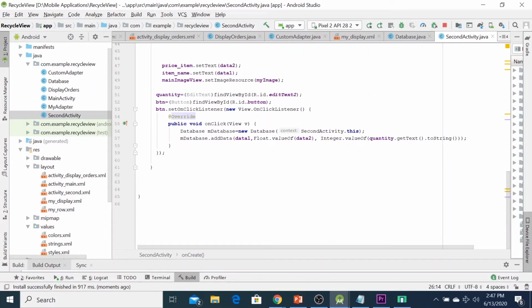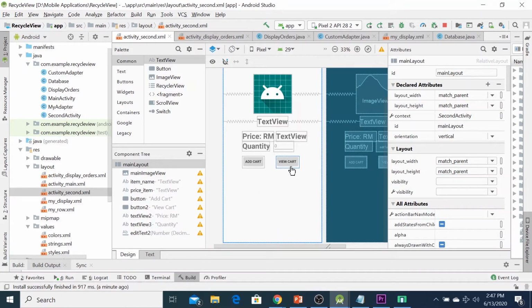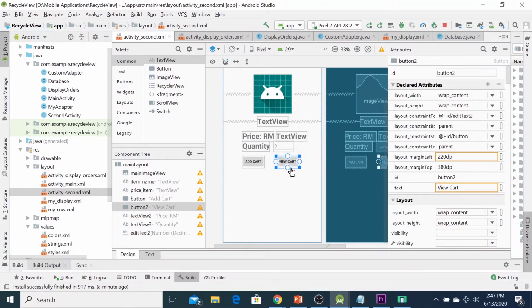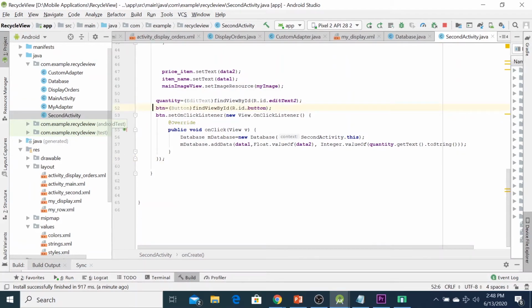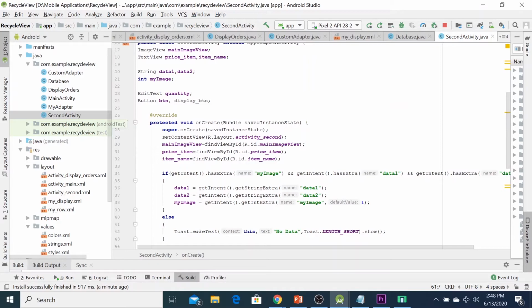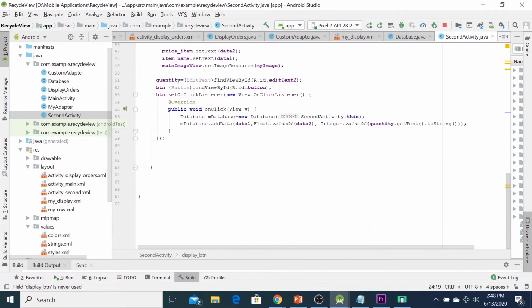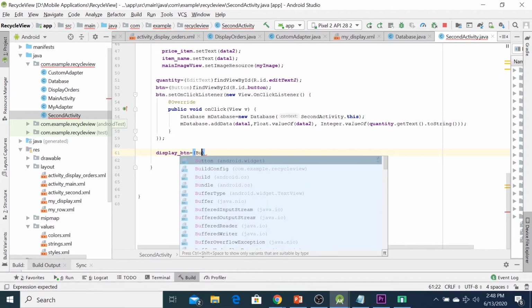If you look at the second activity, especially the card view here, we need to link this layout in the Java file. Okay, we go to the Java file here. We need to add the display button. We have two buttons and a display button. So I can type display button equal to Button.